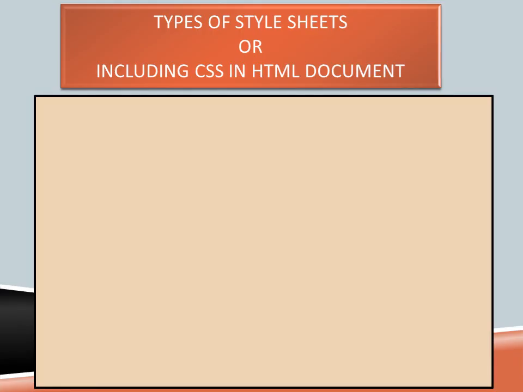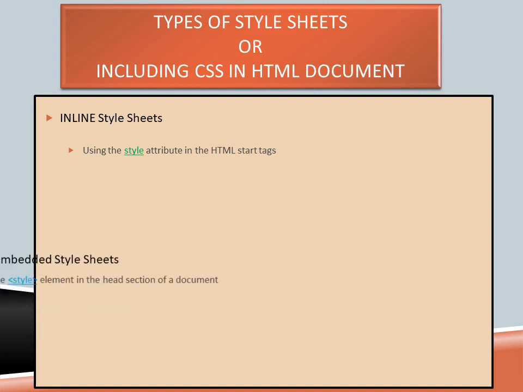Now next are the different types of style sheets, or the question can also come as: in how many ways can you include CSS in an HTML document, or the types of style sheets. Number one is inline style sheets. Here we use inline style sheets using the style attribute in the HTML start tag. So what are inline style sheets? These are style sheets included within a single specific occurrence of an element in the HTML document. That means they are placed inline within the element and their effect is limited to the element in which they are specified.